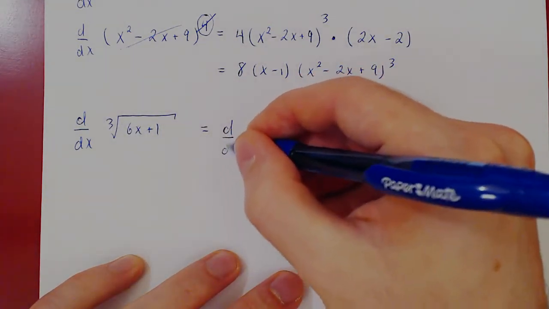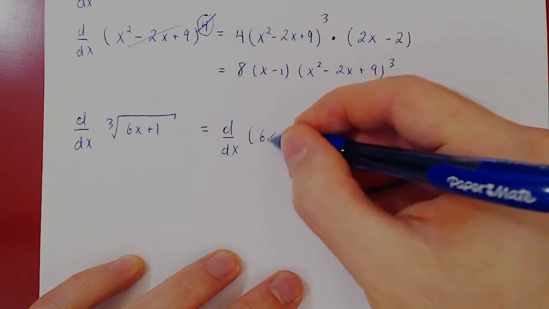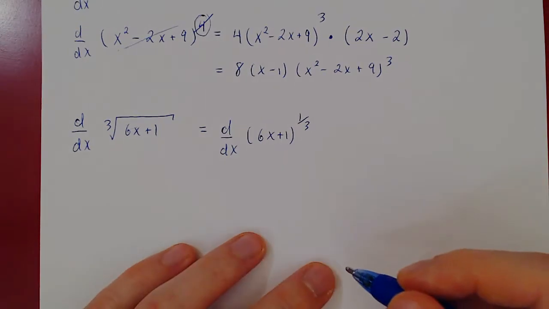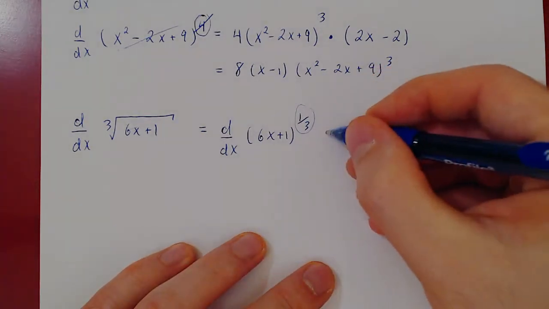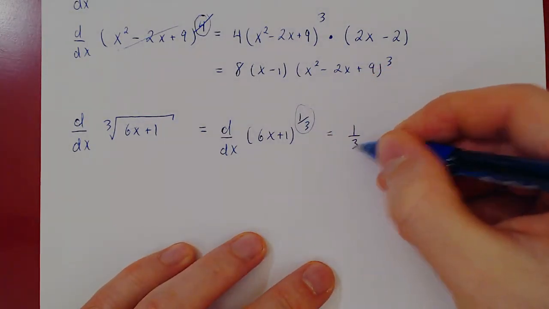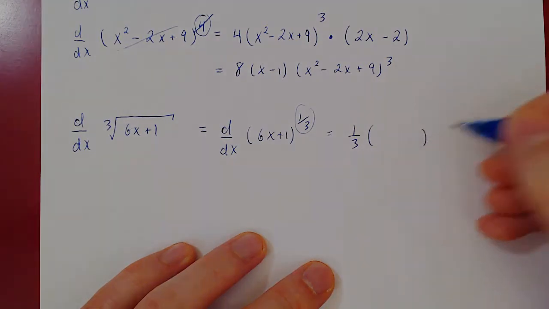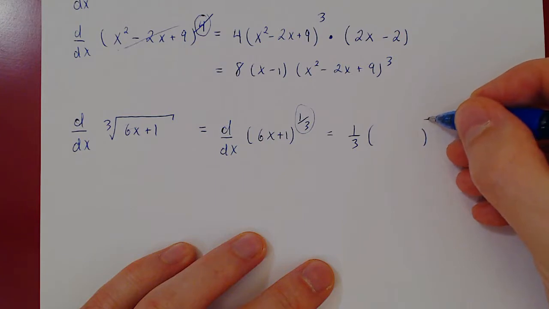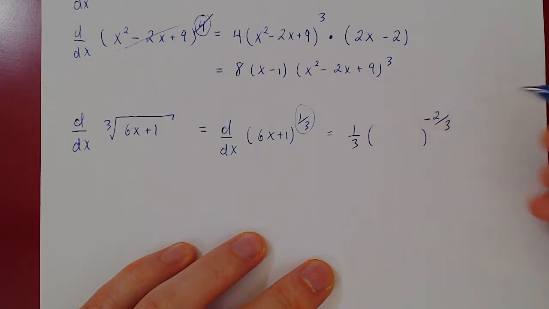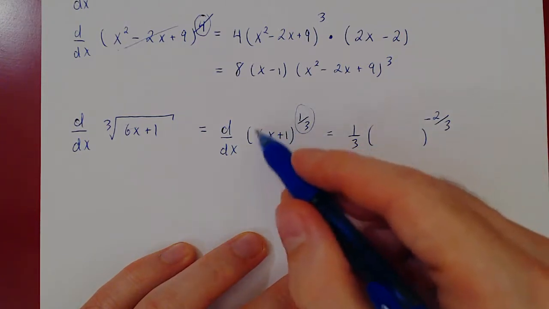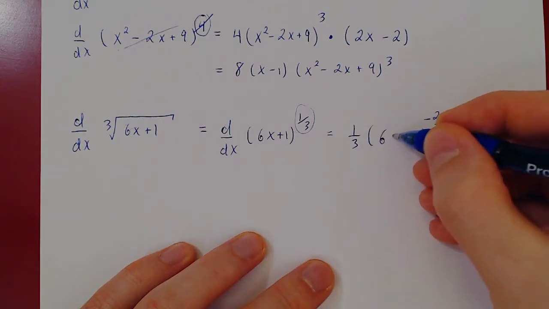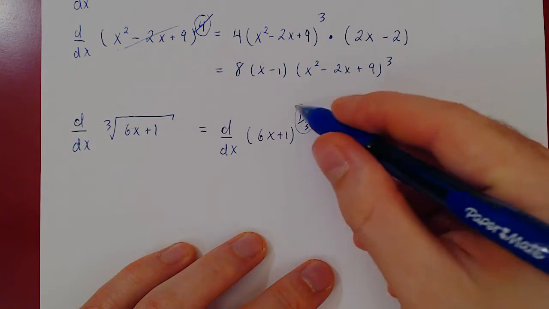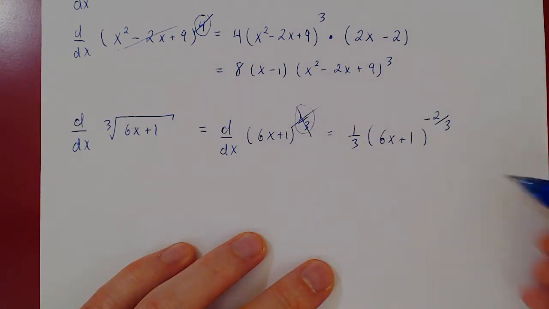But before we differentiate it, let's recall that the cube root is just the power of 1/3. So 1/3 is the outside function. We differentiate with the power rule, bring the exponent down, subtract 1 from the exponent. A third minus 1 is negative 2/3. Add the inside function, so 6x plus 1, and that takes care of the derivative of the outside function, times